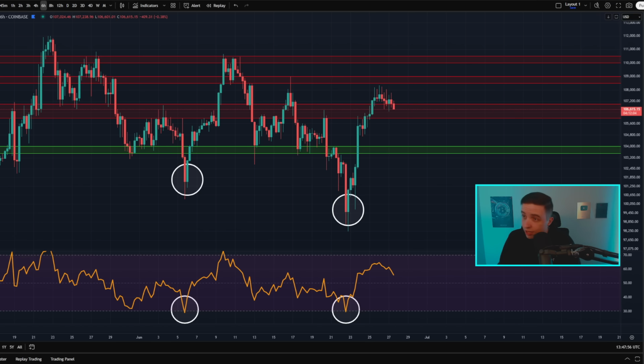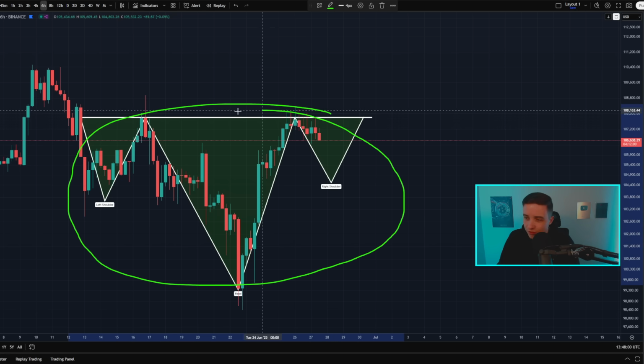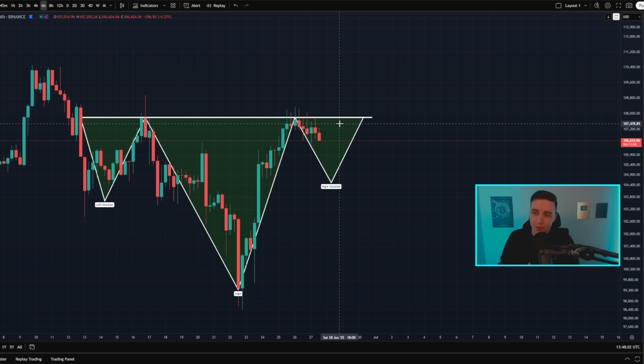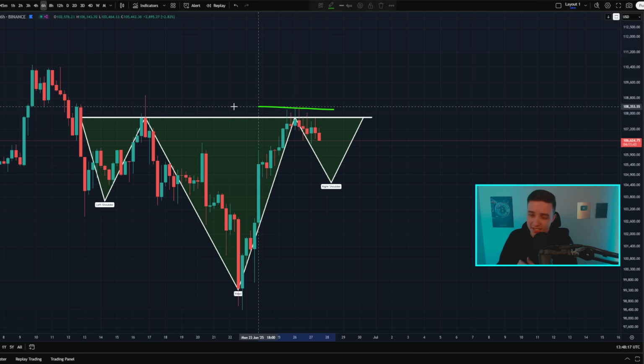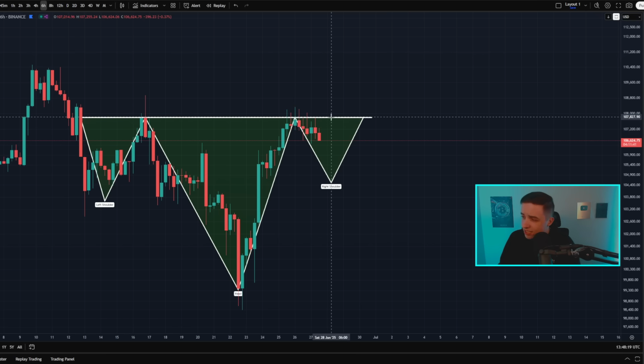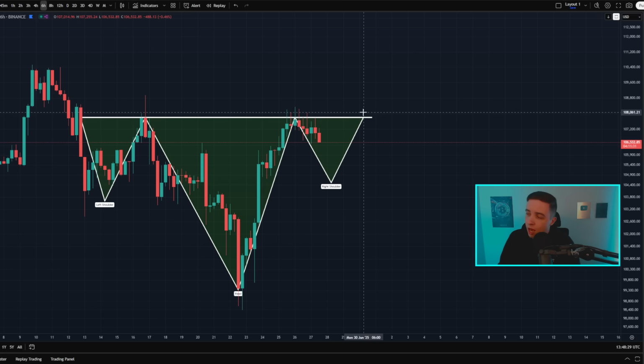on the price chart, then once again, that could possibly form the right shoulder for this possible inverse head and shoulders pattern, which would set up a major bullish price target if we first form the right shoulder and then confirm the breakout above the neckline. And this line that we need a breakout, in case you're wondering, is sitting at around close to 108,000. So once again, we first need to see a little bit more bearish price action in the short term, and then a bounce, and then a confirmed breakout with candle closes above around 108,000 in order to set up a